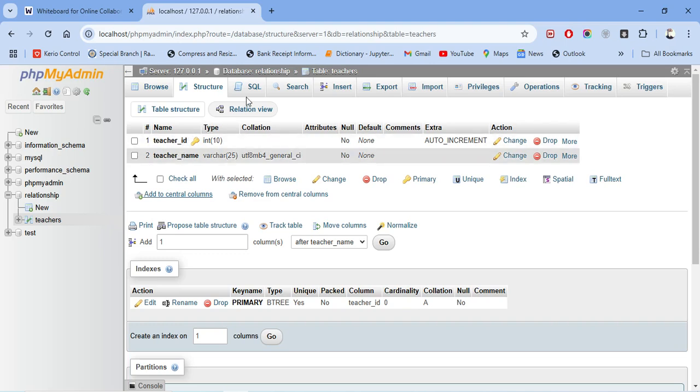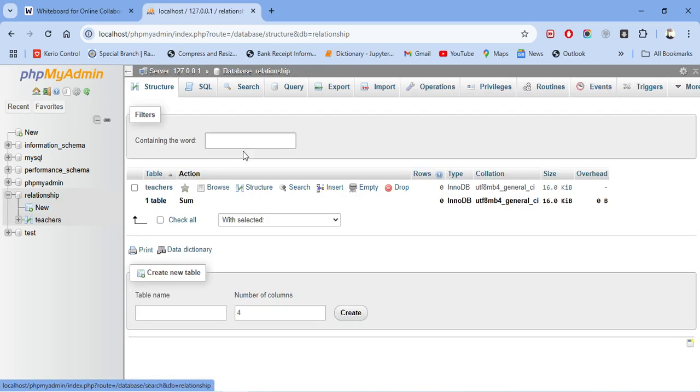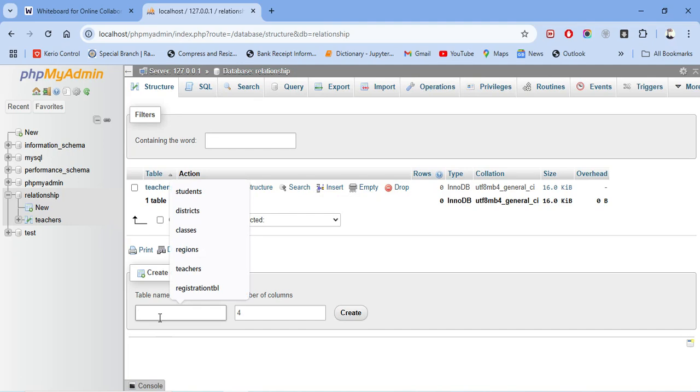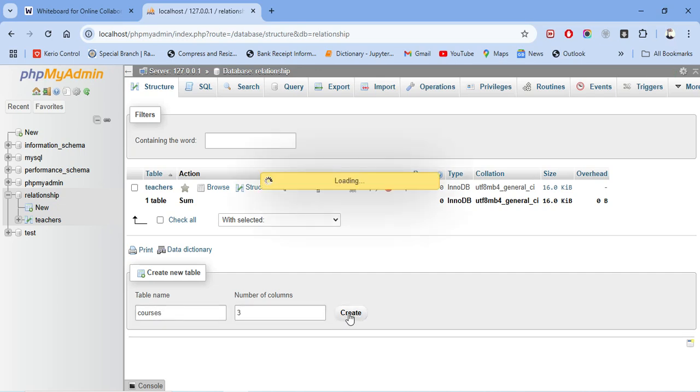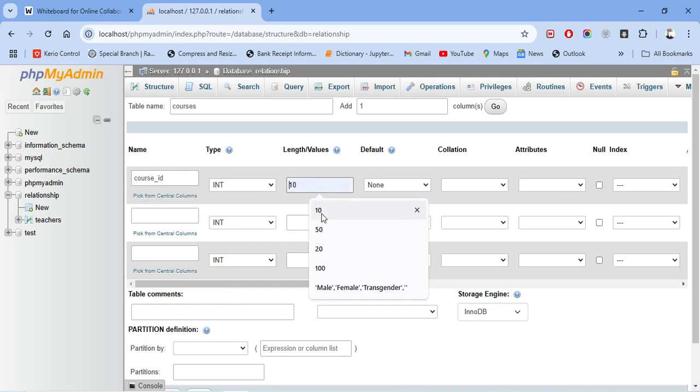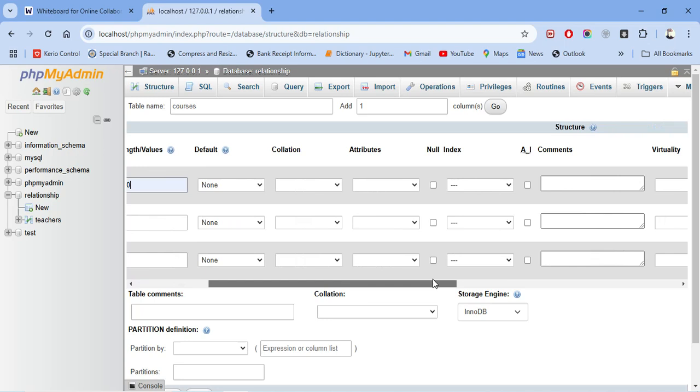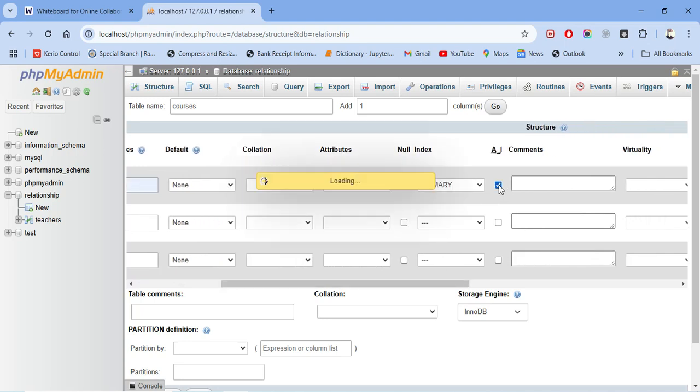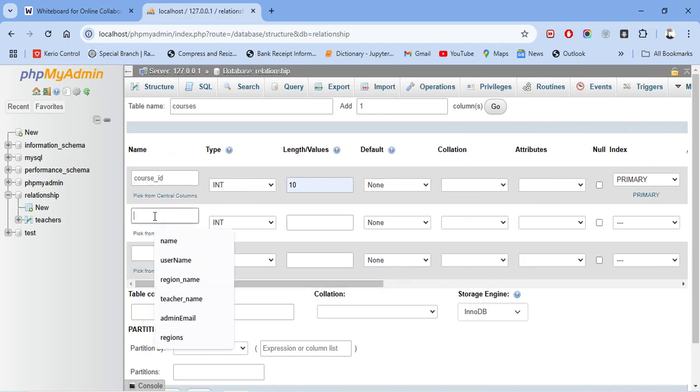So now I have to create another table. Click on relationship, and here it is showing me create new table. So here I am creating a table named courses. So it has three columns. I will show you why I have used three columns. So one column is a primary key, and I am using here a course ID. It has the data type integer and length 10. So here I have to check this. It will auto increment and become the primary key. And another is